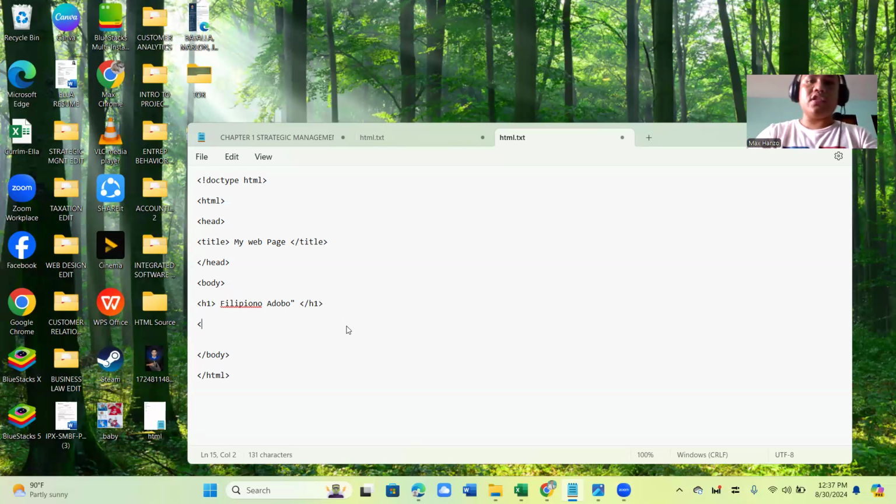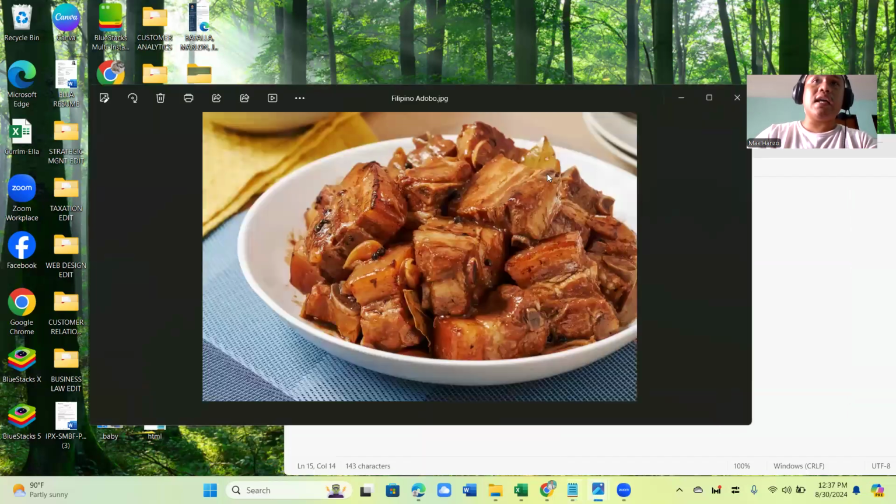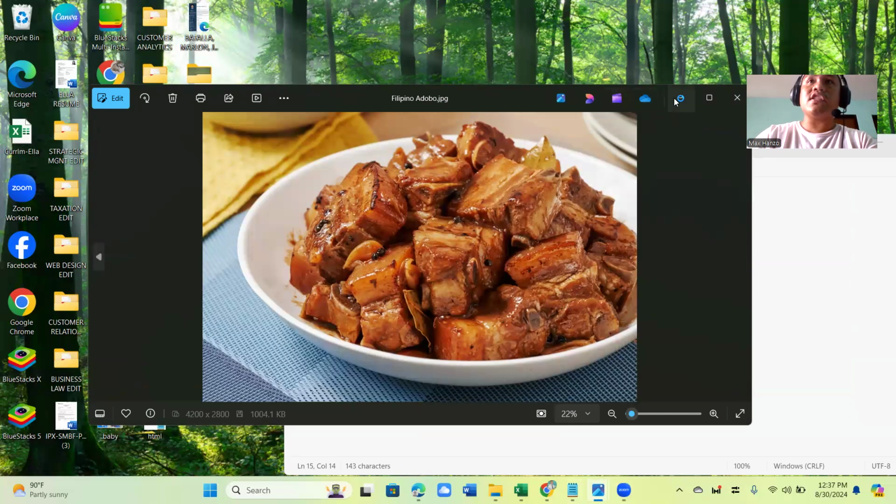Now, of course, you have to put a description by putting a p tag, and the code img because of course it's an image, and then the source. So we're already trying to locate the image: src equals, remember, as I have shown the picture earlier, we have named it Filipino Adobo.jpg.